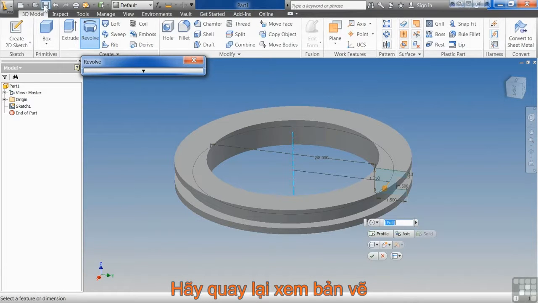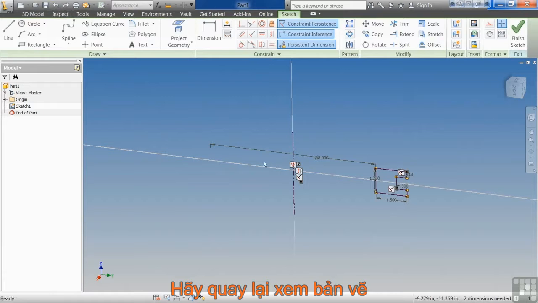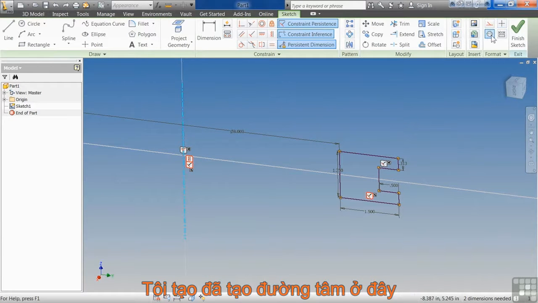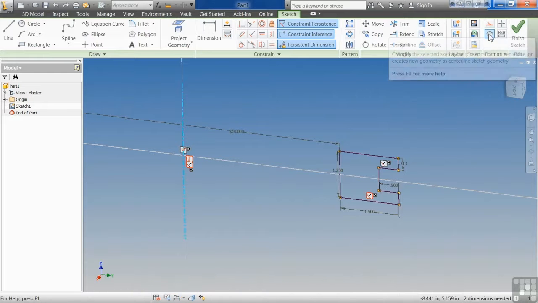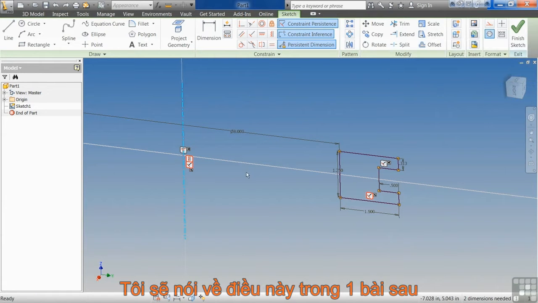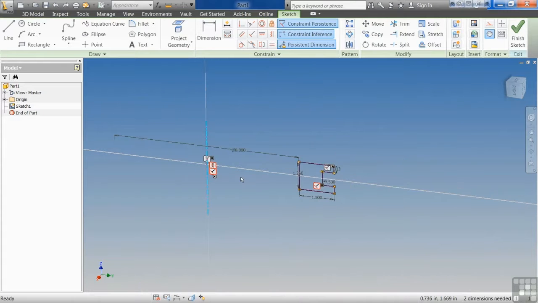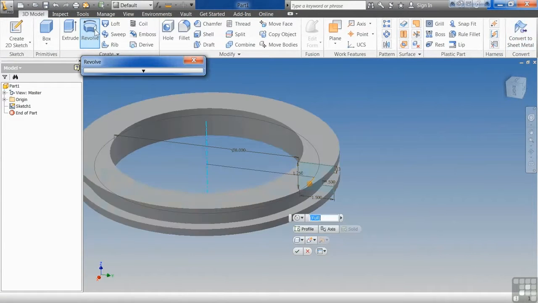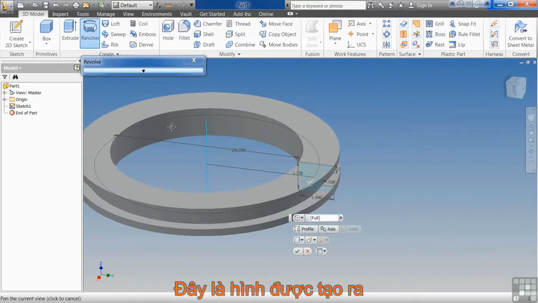If I stop here for a second and go back and look at my sketch, you can see I have the closed feature, and then I have a center line. Create the center line by drawing a line, selecting it, and then coming over to the line type. We'll discuss this a little bit more in detail in another exercise. You finish your sketch. Once again, I'll go up to the top and click revolve, and you can see I